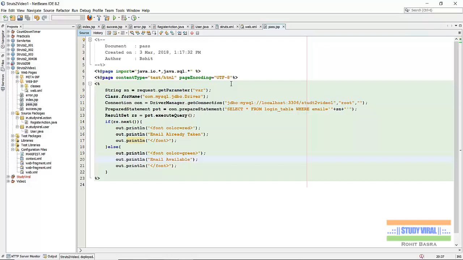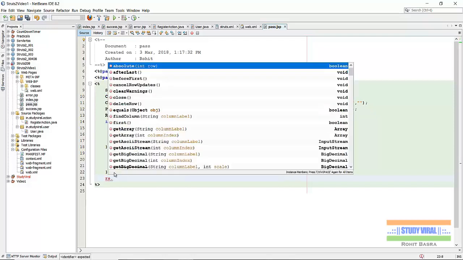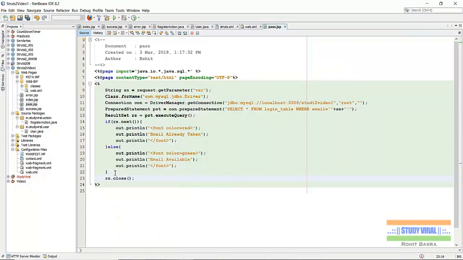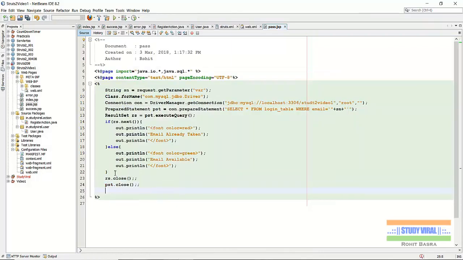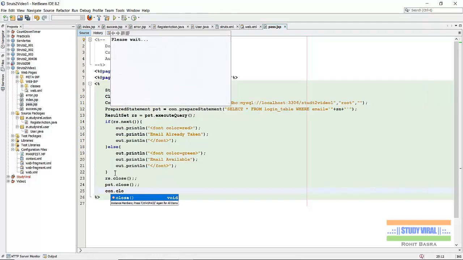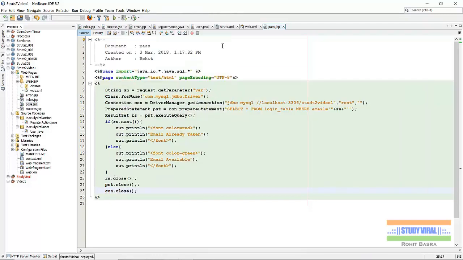Okay, save this file. Now go back to our connection and close: rs.close and pst.close, and last connection object close. Now go back to the index.jsp file,